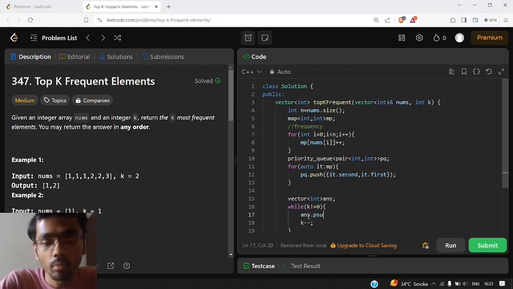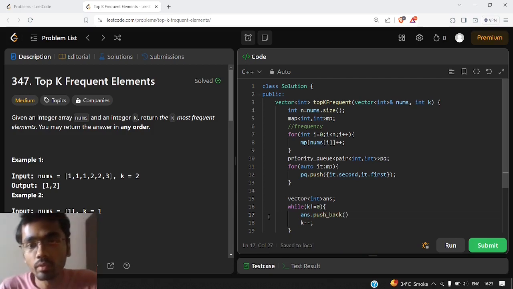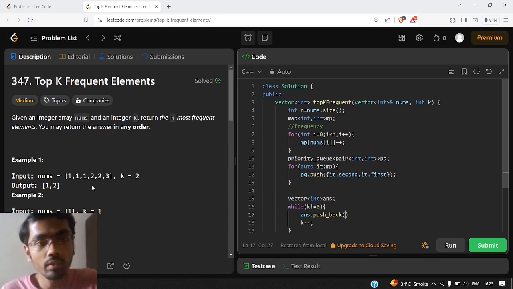So answer.push_back. Since we don't need the frequency to be returned, we need the corresponding number.